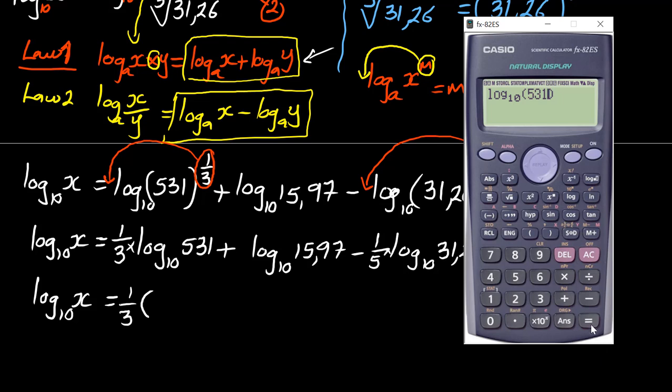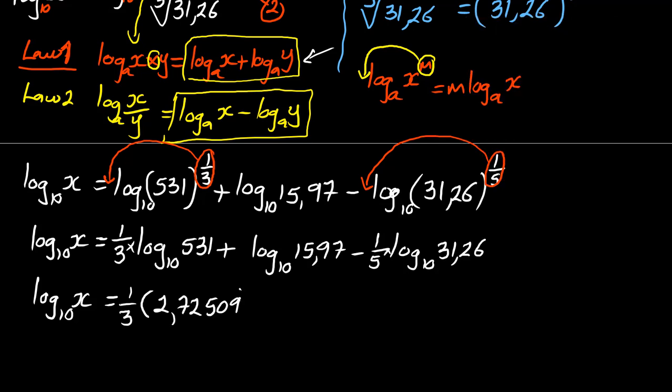As I said, you can actually forget about the base 10. Log 531 is 2.7251509 to 5 decimal places. The 4 there does not affect the 9, so it will be 2.72509. So that is that, and then plus,